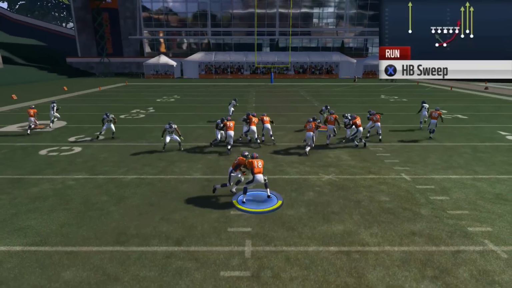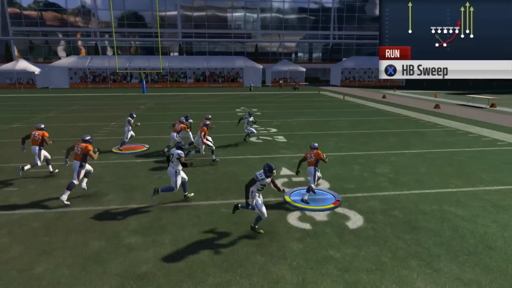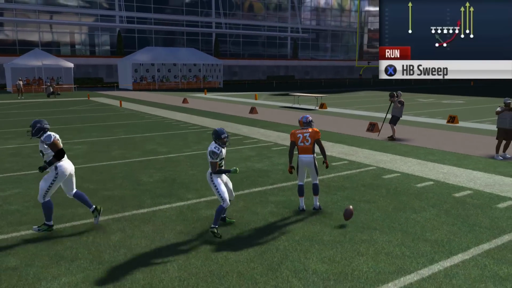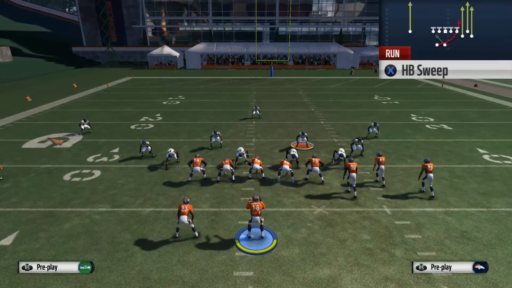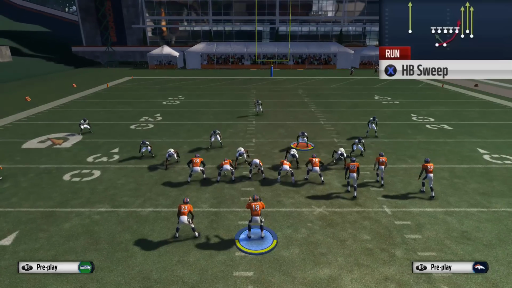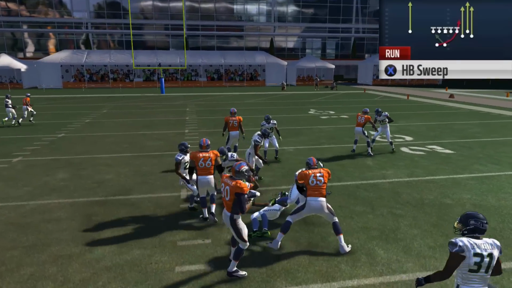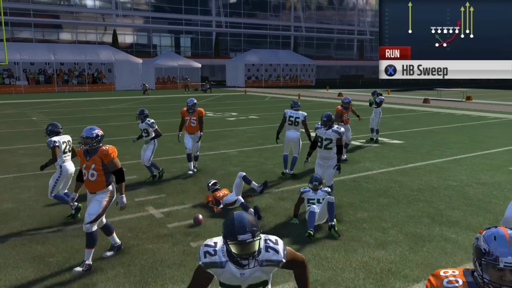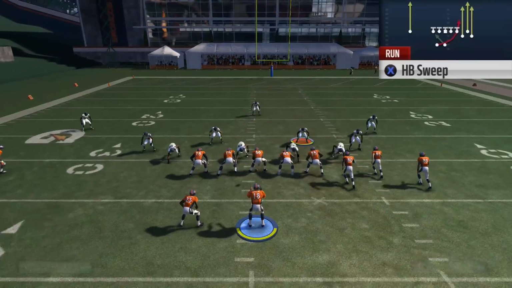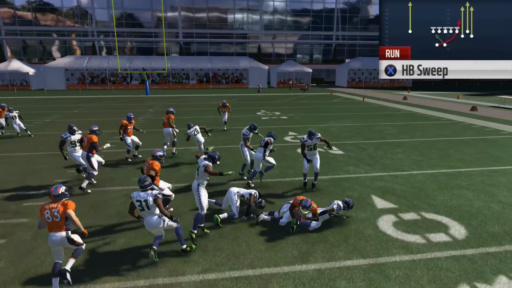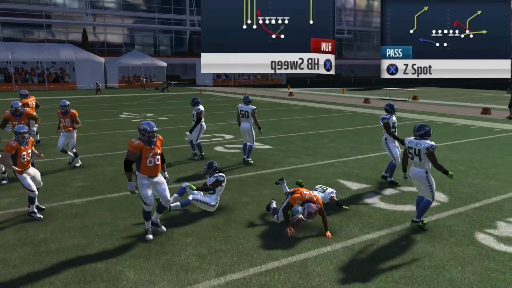The best time to run this play is when someone shows blitz or Y lefts and has all of their players toward the line of scrimmage. This is going to cause them to all get locked up in the blocks. Once the ball is snapped, make sure that you're focusing on the C gap, B gap outside area. You're going to have to read it based off of what the defense does. You'll notice right here, I actually turn inside. It's going to go into one of those gaps. If you have the edge, you can take the edge, but if not, turn it upfield.